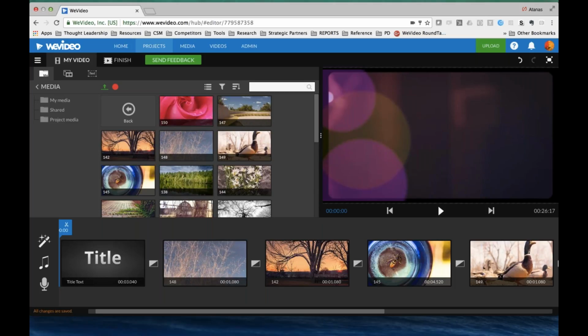Yes, exactly. And especially if you download the WeVideo app on iPhone, make sure you're logging in with the same credentials. So if you're using Google Single Sign-On, your district account, make sure you use the same on your phone. And then select your photos from the phone, and there's a sync button in the app, which will bring the content straight into your WeVideo account. And also, I think there's a dedicated media uploader from the app menu. So if you go to the menu on the right-hand side, you'll see a thing that says Media Uploader. This will allow you to just upload content without doing editing on the phone.